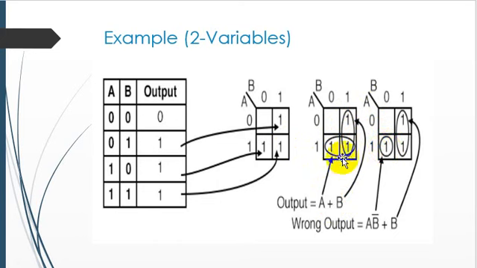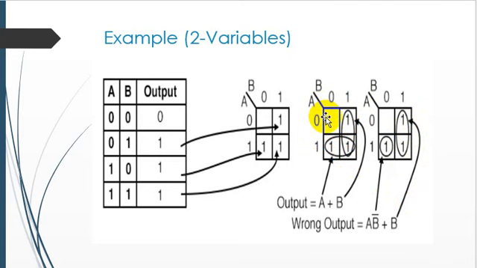If the overlapping exists, then you can do it. So for this, how do we write the output equation? It's a wrong output because it increases the complexity, so it's a very simplified form. So for this purpose, we're just going to write down the equation of this K-map. Okay, the rule for the output equation is the same.